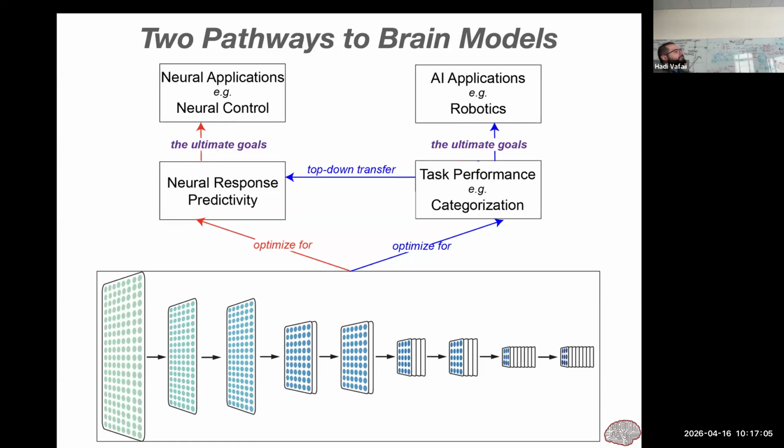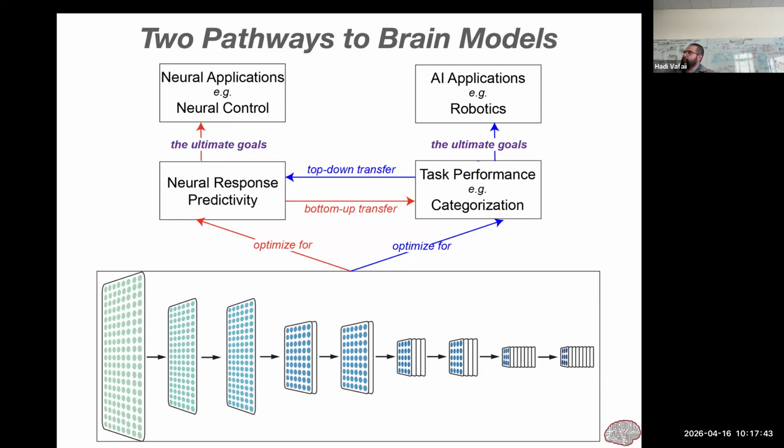The ultimate thing that you would do from that is just say AI, basically. That's the obvious thing. But there is top-down transfer, where you solve the task and it turns out the internals look like the brain. That's basically what I've usually done. Or you can, of course, transfer the other way. Maybe you get task performance from neural networks optimized for brain data that solves those tasks. The blue path has actually ended up being much easier because you don't need a lot of neural data. And also, the brain is highly constrained by behavior. If the brain weren't constrained by behavior, the blue path wouldn't work.